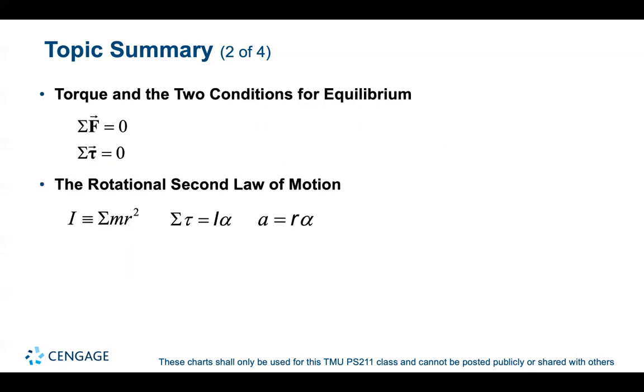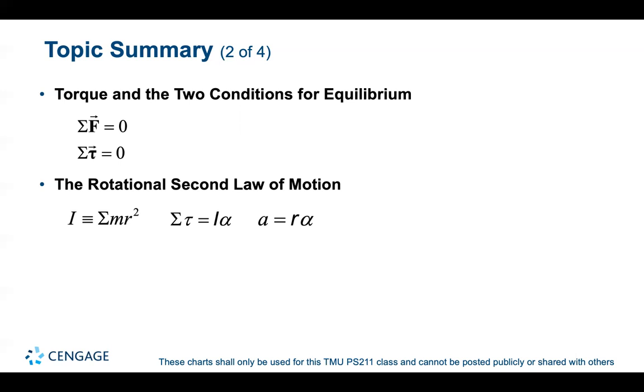So torque and the two conditions for equilibrium. An object in mechanical equilibrium must satisfy the following two conditions. The net external force must be equal to zero, and the net external torque must be zero. These two conditions, used in solving problems involving rotation in a plane, result in three equations and three unknowns, two from the first condition and one from the second condition on torques. These equations must be solved